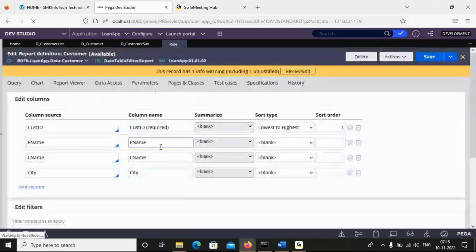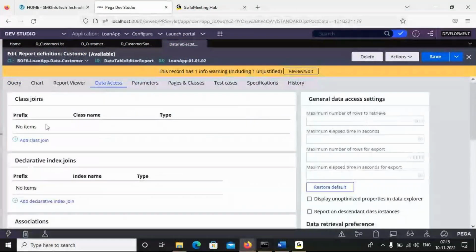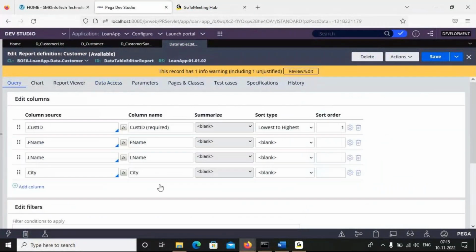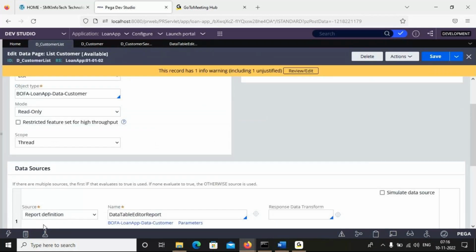Go ahead and join and do the operation configurations here, with conditions or without conditions, using more than one table. We can do that and call that report definition rule. Then it will bring the data from the database layer to the clipboard, multiple table information.